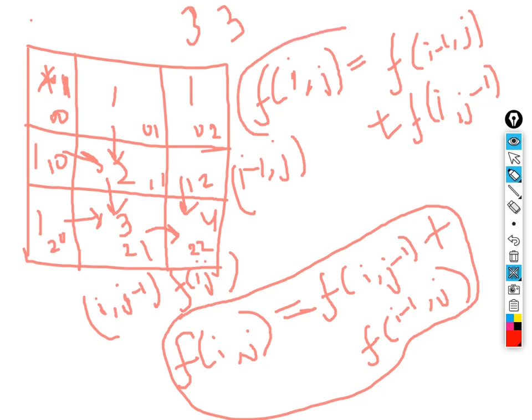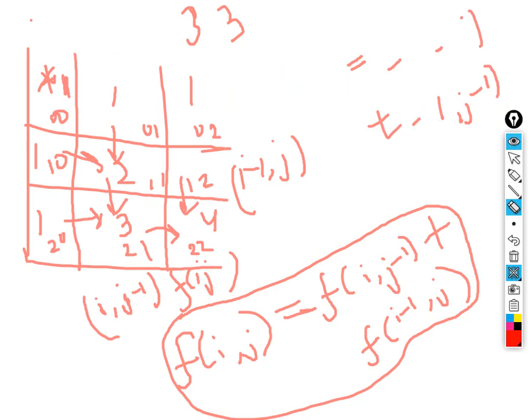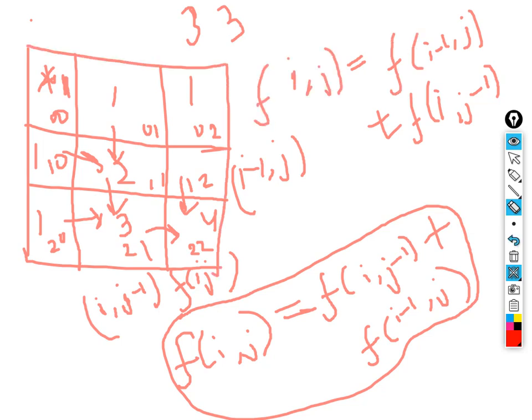And since we have this relation, which is very similar to this one, we already have a recurrence relation and we know what to store. Okay, yeah. So one thing to note from here is, see, let's say it's 2 comma 1. So this would be 2 minus 1, 1 comma 1, and 2 comma 1 with i minus 1 is 0, 2 comma 0. So 2 comma 1 is reachable from 2 comma 0 and 1 comma 1. All right, so now again we need to calculate this 1 comma 1.